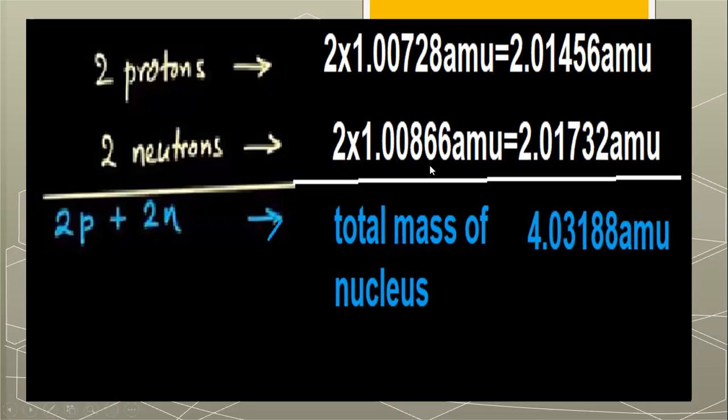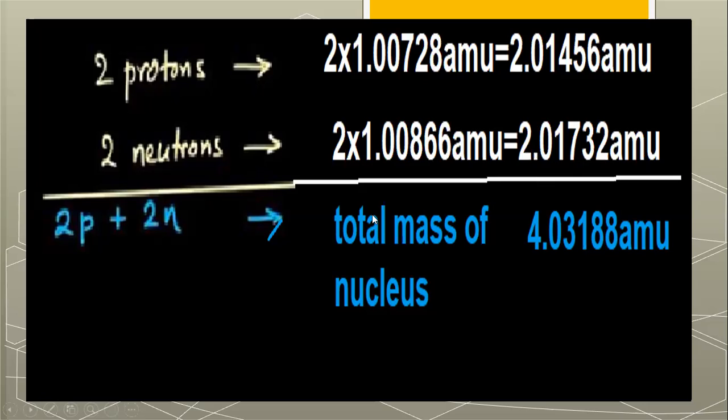If the mass of one proton is 1.00728, then for two protons the value is multiplied by 2, so the mass of two protons comes out to be 2.01456 AMU, while the mass of two neutrons, when 2 is multiplied with the mass of one neutron, 1.00866 AMU, comes out to be